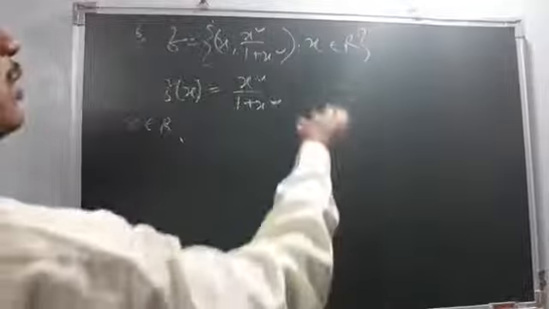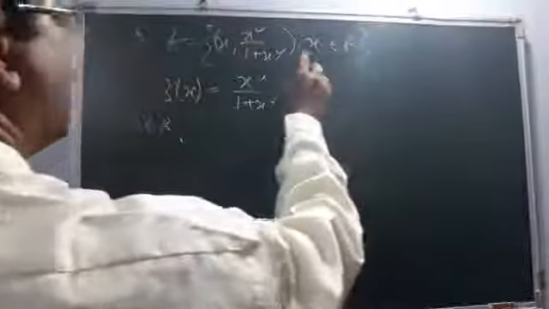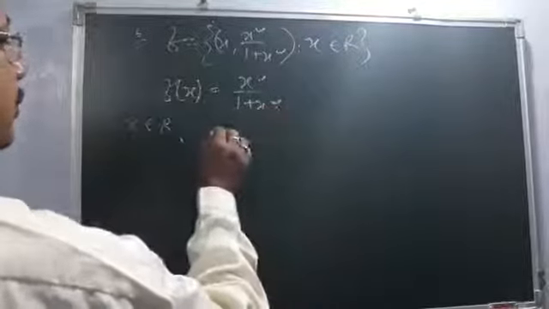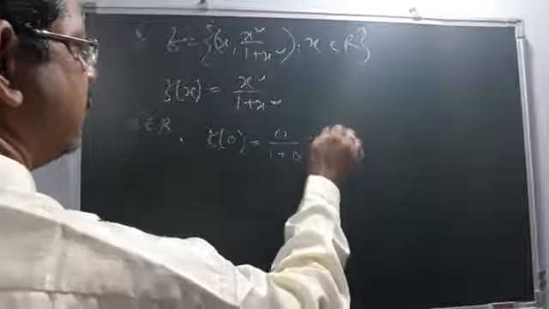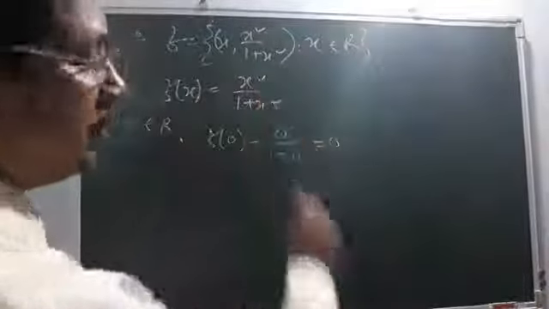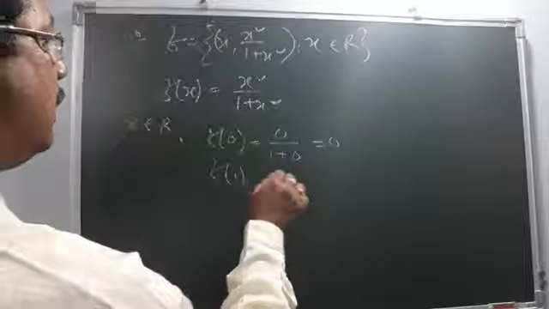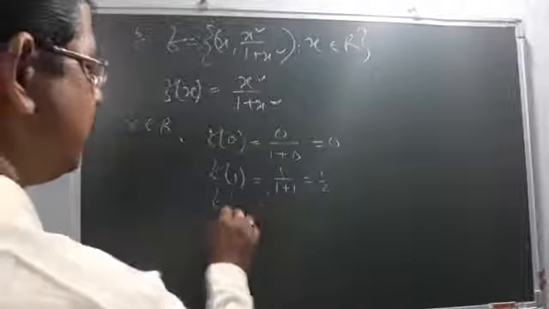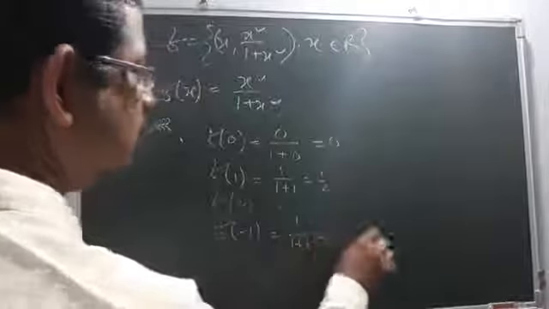Domain is already mentioned, that x belongs to R. The real numbers are the domain, and if you put any real number, what can be the values? Suppose x equal to 0, f(0) you have taken, 0 plus this, it is 0. But other values, if you put negative also, due to the square it will turn into positive. Suppose f(1), you will get 1 over 1 plus 1, that is half. And if you continue, if you put minus 1 also, you will always get a value less than 1.